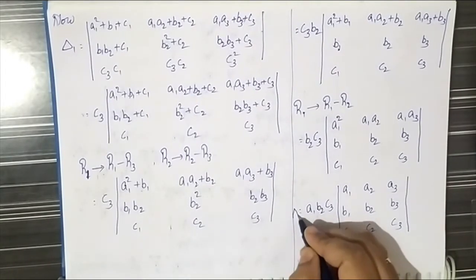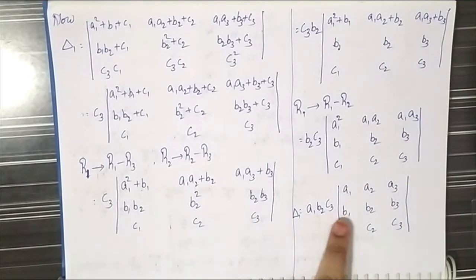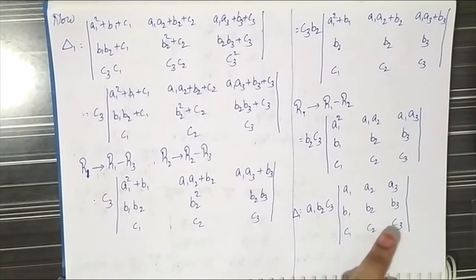This is the delta 1 value. Delta 1 value is A1 B2 C3 into determinant of A1 A2 A3, B1 B2 B3, C1 C2 C3. Then next,